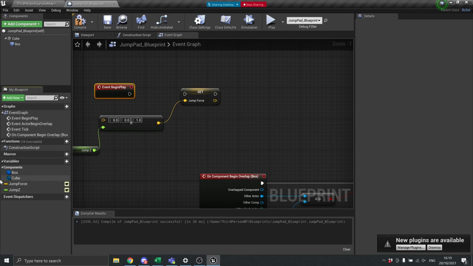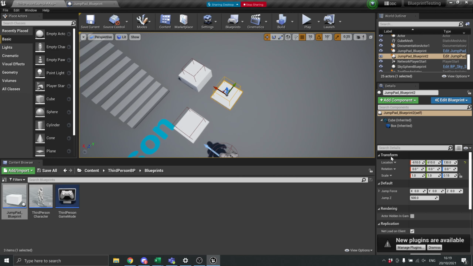And I can set jump force inside the inspector now. I'm going to hit compile, save. Now I could set this to give me a Y value of, let's say, 500, and we'll see what that's like. Okay. So now if I press play,